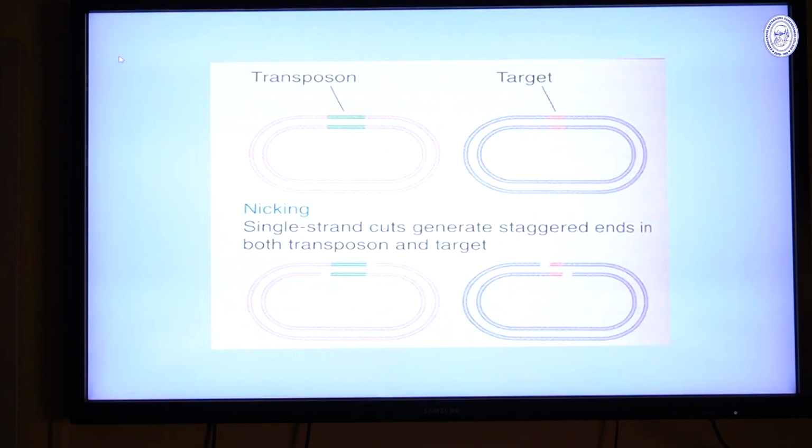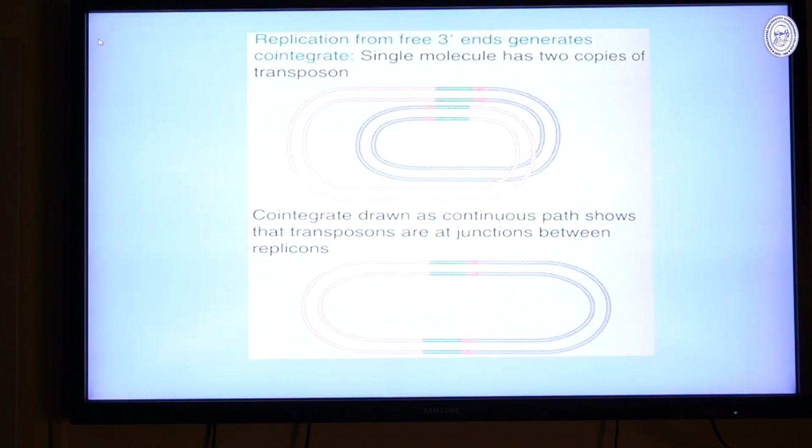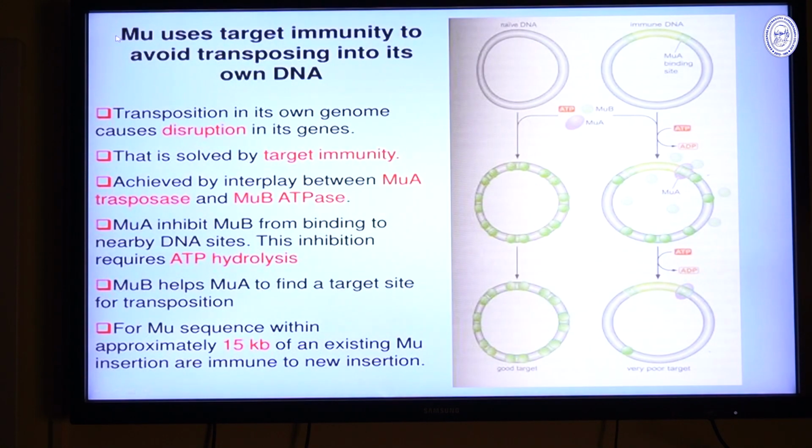Now here is a small diagrammatic sketch of how this transposon is getting transferred to the target site. There is a nick, and again a nick, and then it will form a co-integrate complex. See, it has formed a co-integrate complex, and that is how it has entered into a new target DNA. Now Mu phage, or the Mu transposon, has a very special characteristic due to which it is famous, and that is why I am discussing it here before I complete my delivery of the lecture.